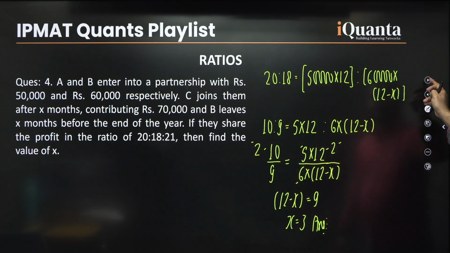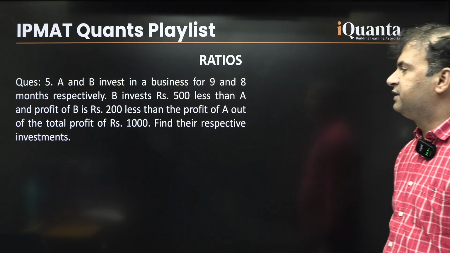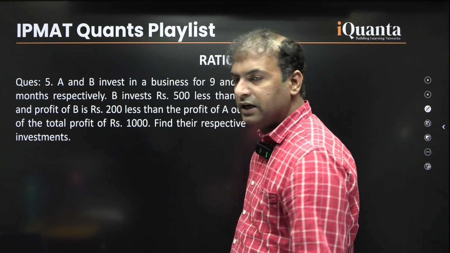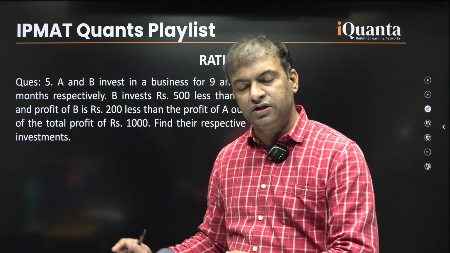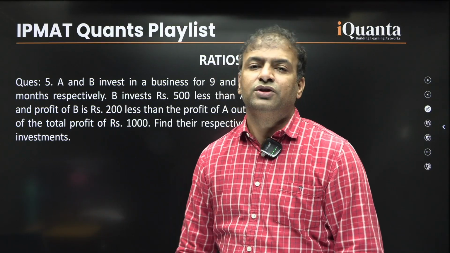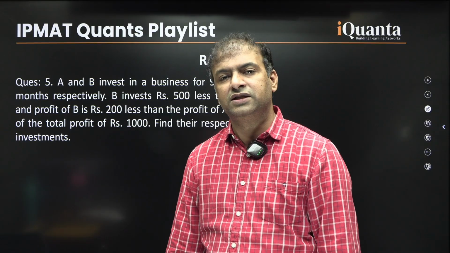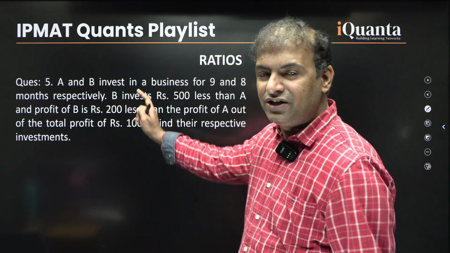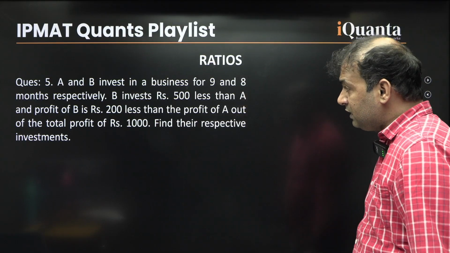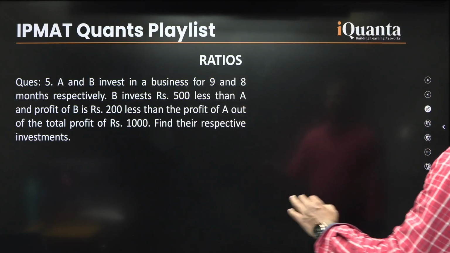Okay, let's move to the next problem of this. The next problem is again a different kind of question. See guys, each and every question is different from the previous one, so that we can learn maximum type of questions. Alright, question number 5 says that A and B invest in a business for 9 and 8 months respectively,